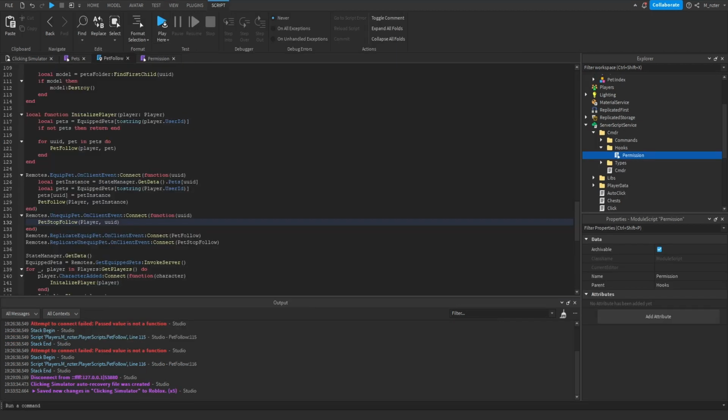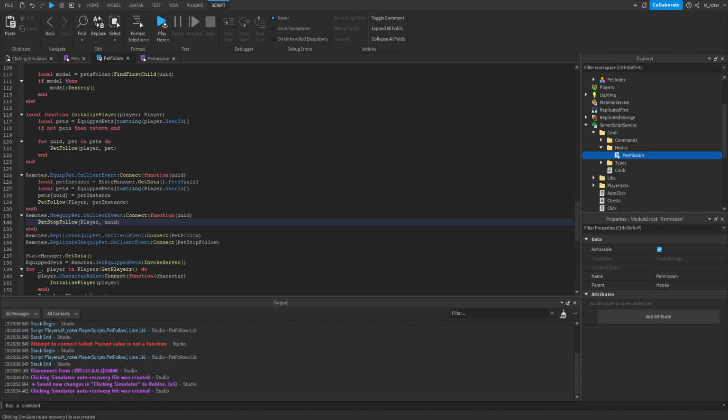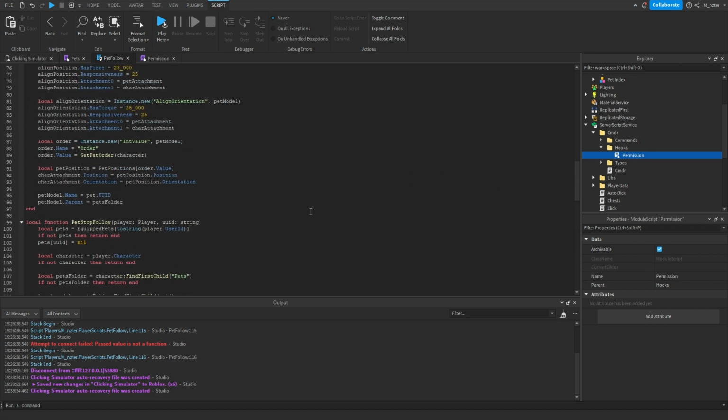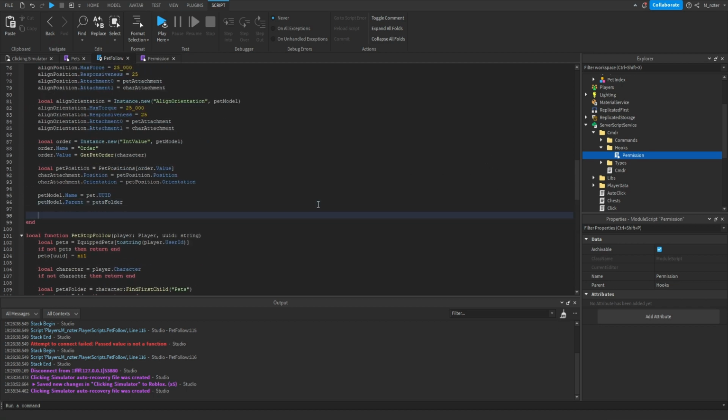Now, some of you guys might actually want to add a little bit of an animation to your pet to kind of make them move a little bit and make them look a little bit less boring. So let's actually go ahead and do that. We're actually going to go back to the pet follow function, and we're going to go basically to the bottom of it. So right after we parent the pet model to the pets folder,